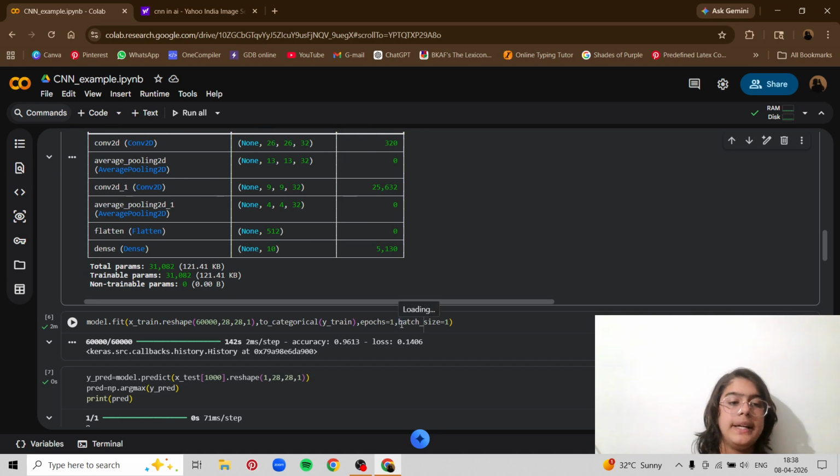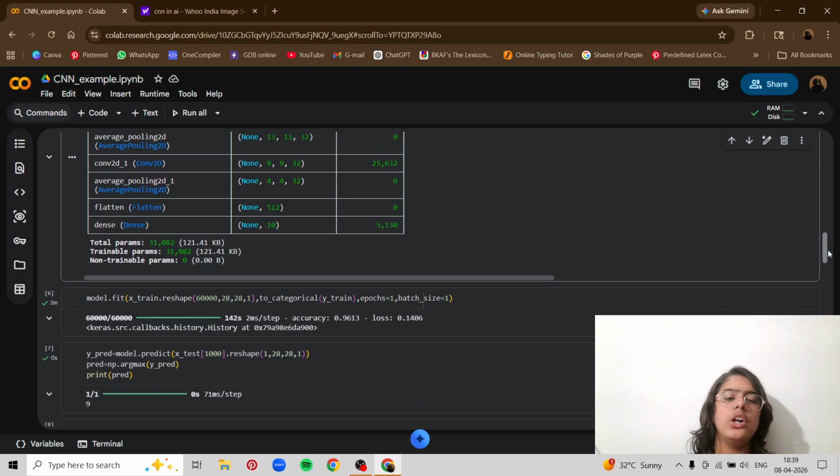And then I have put epoch as 1 and batch size as 1. So epoch, I told you, is how many times it should run over and over again. I just put it as 1 because it's really big data. I don't want to overfit it, and I also don't want the code to take too much time to run. And then the batch size basically means how many samples it should run together. Like I told you, the 4 columns will be running together and will turn into 1. If I put 2, then it will process 2 pixels for different columns. It will do the work faster, but I don't want to do that. I want to do everything one by one. That is why I always put batch size as 1.